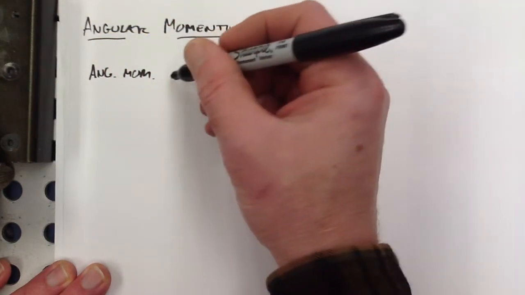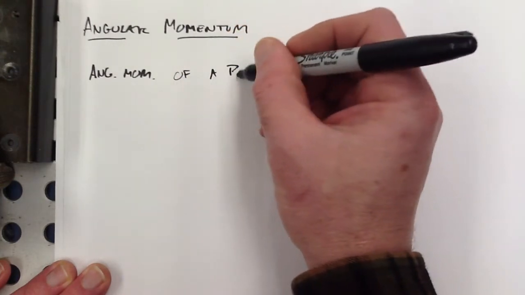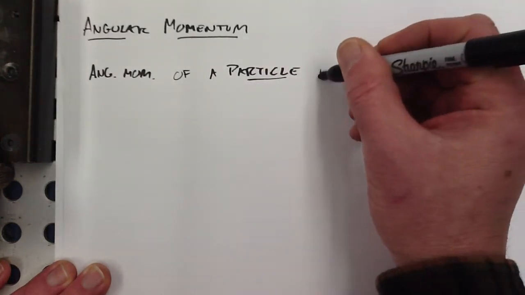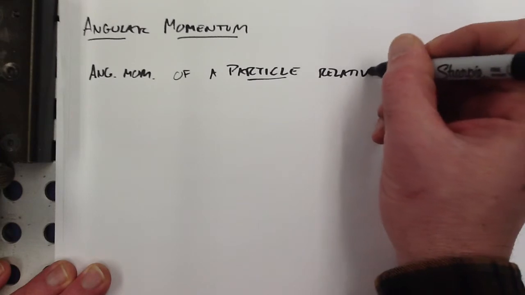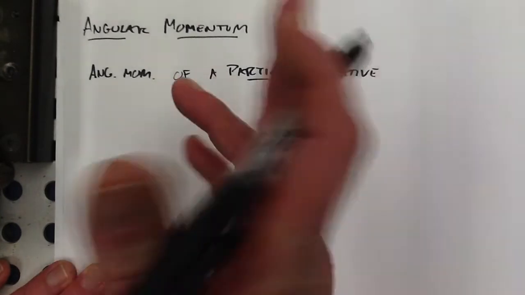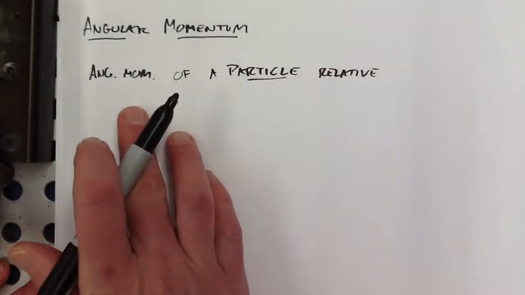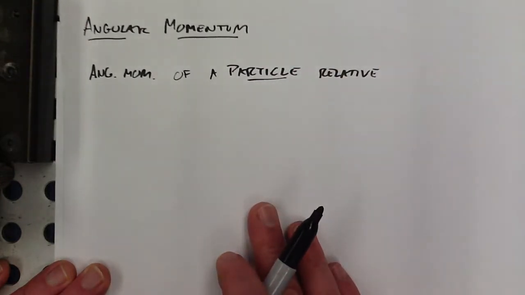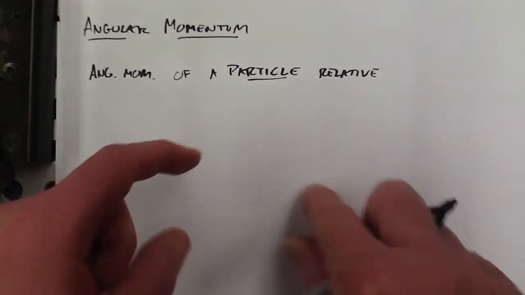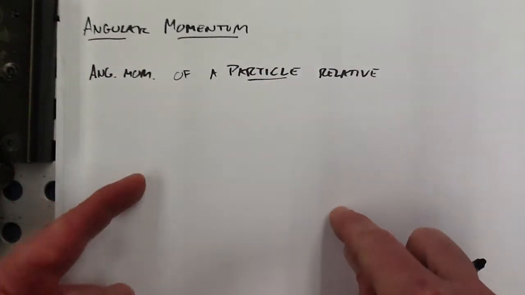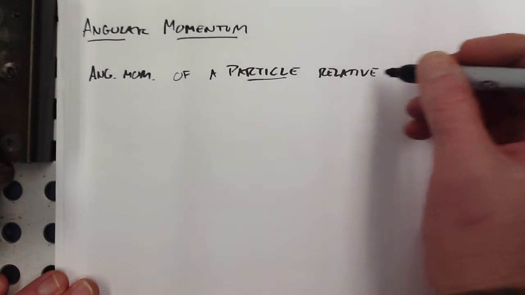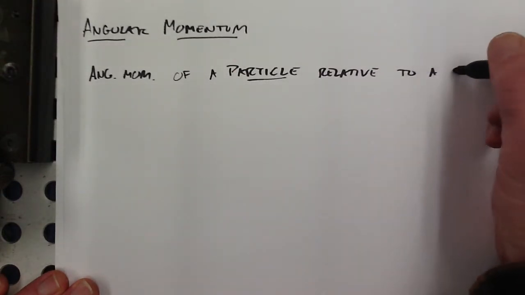of a particle. Now, of course, a particle moving through two-dimensional space or three-dimensional space, you might say, doesn't it just have regular momentum, like mv, mass times velocity? Yes, but we want to be able to talk about its angular momentum, and it might not be like an object that's rotating on an axis, but we can still talk about its angular momentum relative to some point. So that's where we start, of a particle relative to a point,